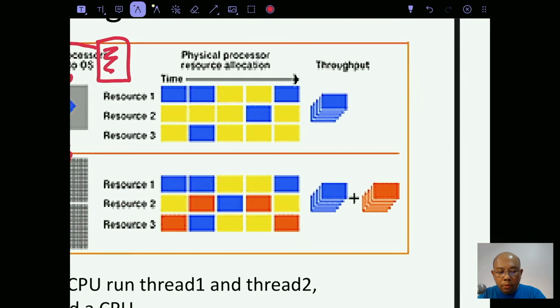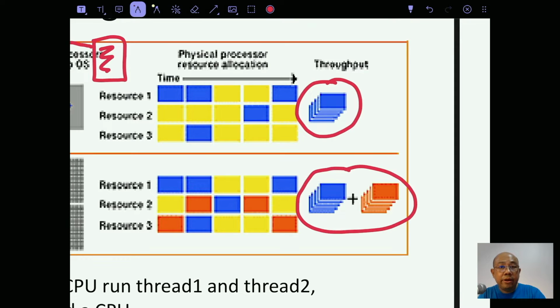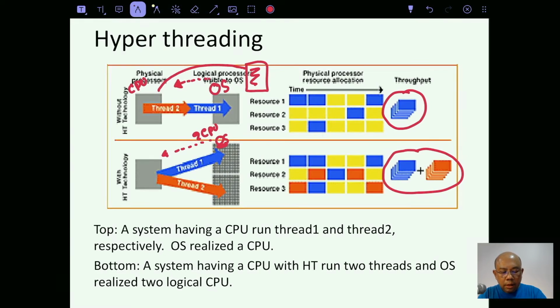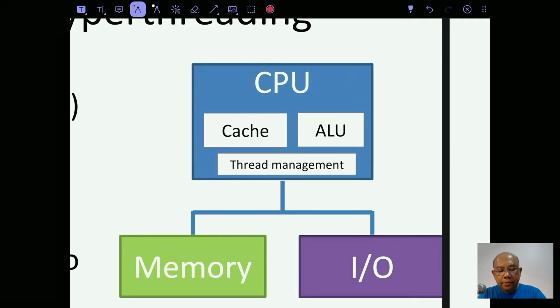So for the output throughput, if you run on a single core, you have only a single throughput. But when you run with thread technology, you have a double throughput. Inside the hyperthread, a technique is used right here, where the CPU has only one arithmetic logic unit, but